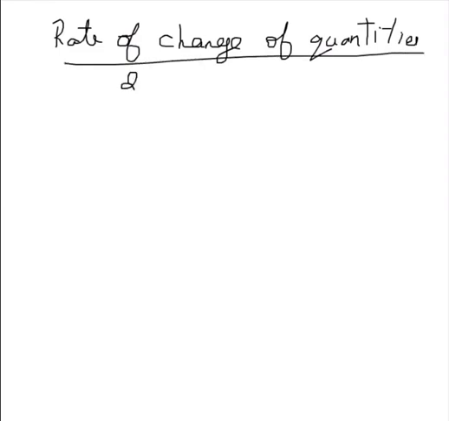So dy by dx means how fast y changes as x changes, that is, with respect to x. Dx by dt means how fast x changes with respect to t. Now see page number 196,